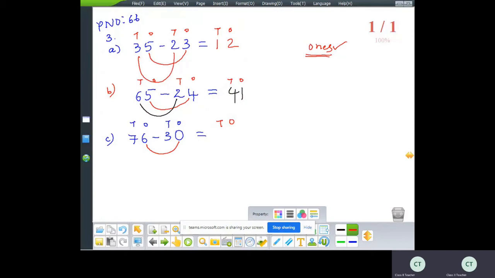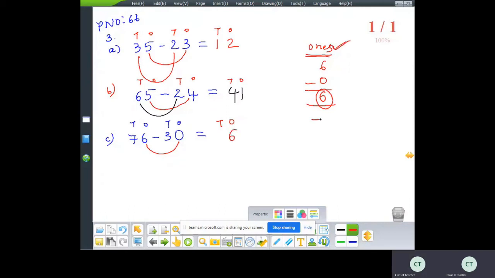First, subtraction on the 1's place. The digits from the one's place are 6 and 0. 6 and 0 means 6 minus 0. When 0 is subtracted from 6, we get the same number, 6. When 0 is subtracted from any number, we get the same number. 6 minus 0 is 6. Its answer 6 goes in the one's place.